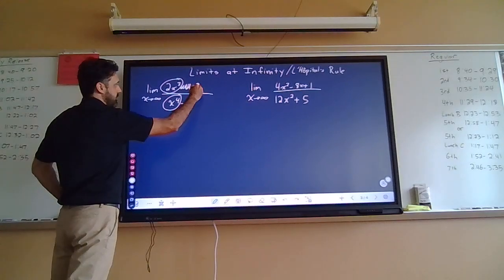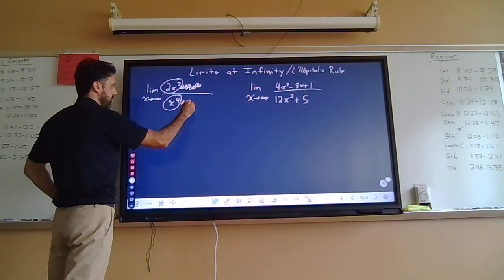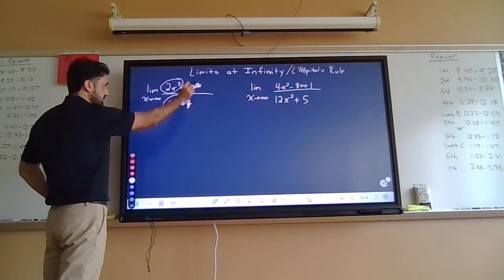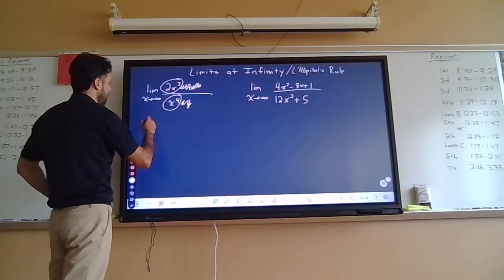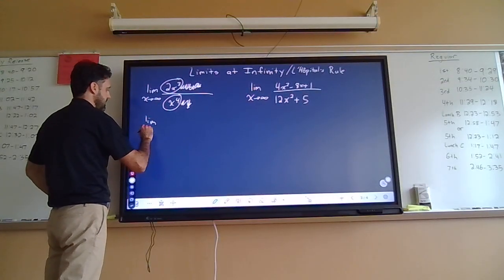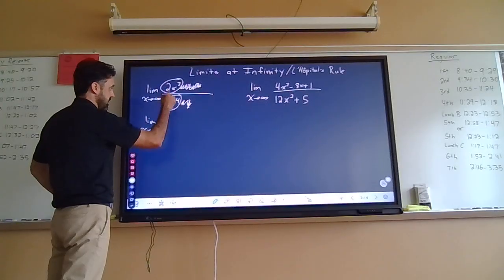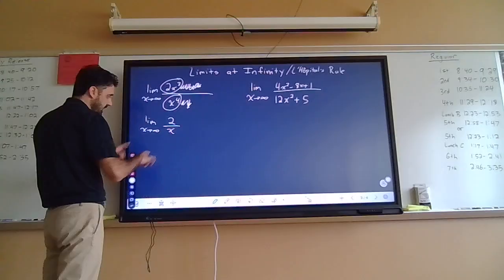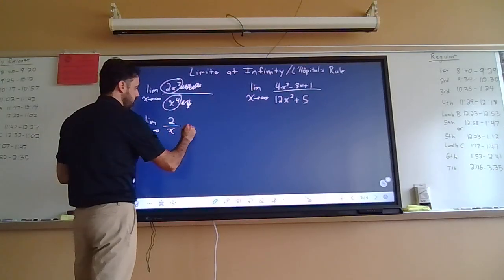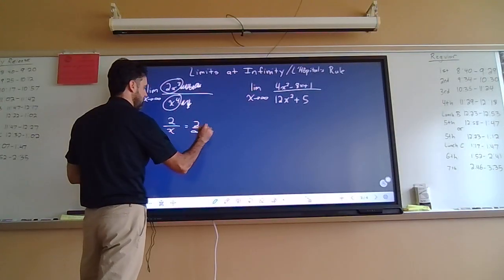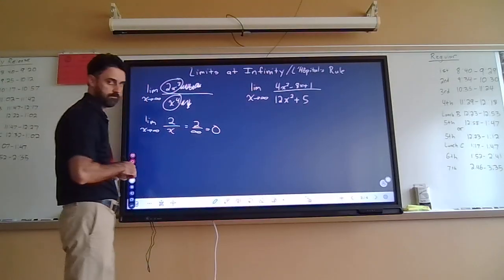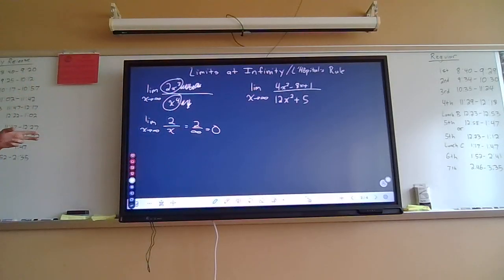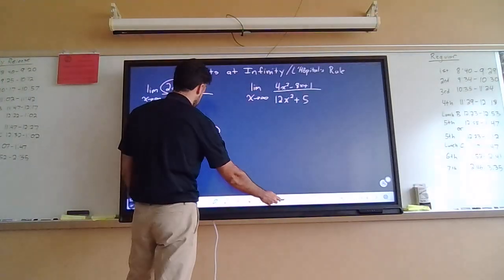So we can ignore the minus 4x squared to the minus 1, and we could simplify this here. If we simplify this expression, the top just becomes 2, the bottom becomes x. And now if we plug in infinity, we get 2 over infinity, which is 0. So that would be the second option of how to get 0 for this one. The third option,